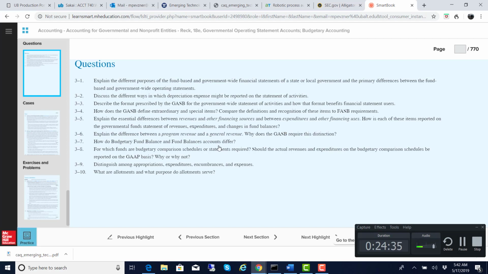Finally, question 3.10, what are allotments and what purpose do allotments serve? You'll see the term allotments also when we talk about federal accounting at the end of our course. It's a way to control use of appropriations. It's discussed at the very end of your chapter on page 94. The reason why allotments exist in particular, and we'll get back to that in the federal space, is that you don't want